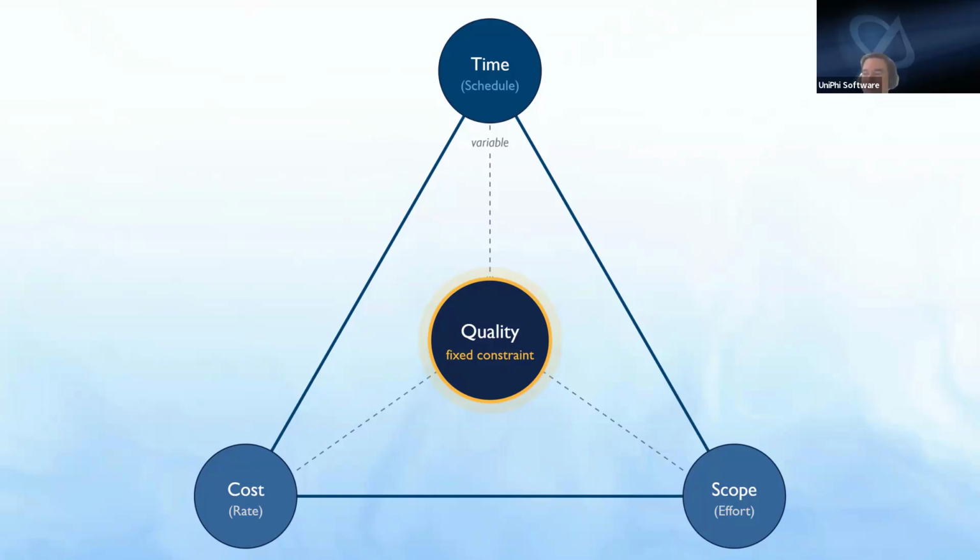If you're building a bridge, it has to stand up, it can't fall down. So there's a fixed constraint around quality that generally defines itself around the specification, the business case, and the benefits that you're looking to realize, whether they be social, economic, or environmental benefits. These are four hard elements of project management that a project manager has to manage, and in this webinar we're going to look at how UniPhi can assist in integrating those.